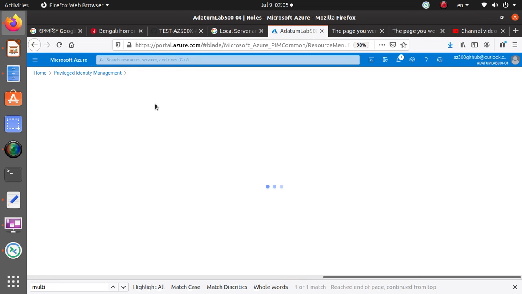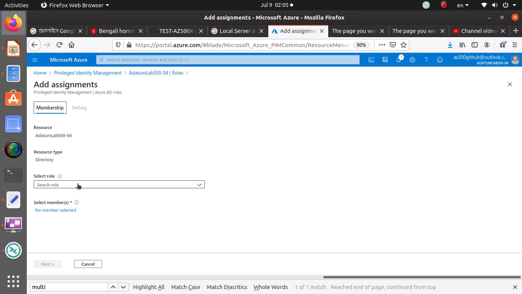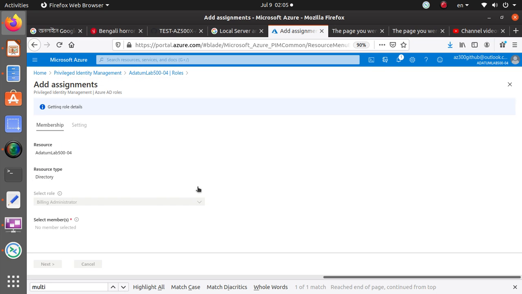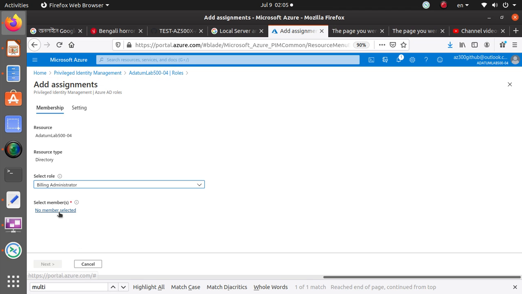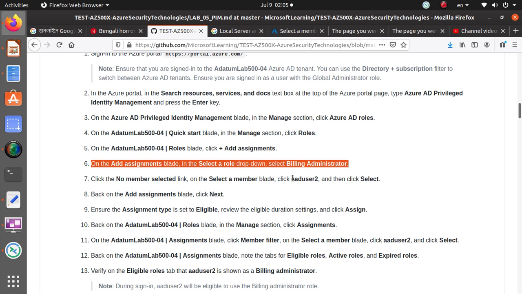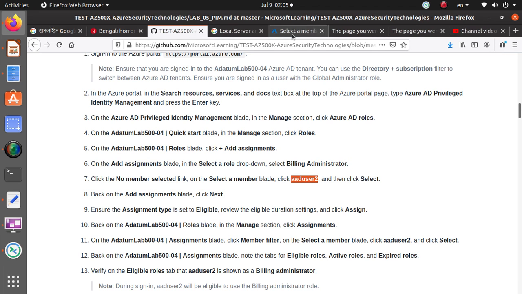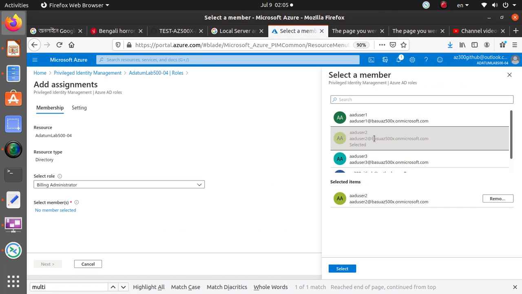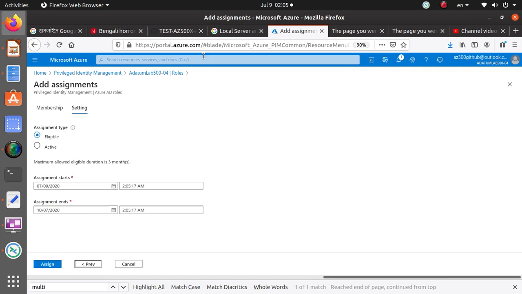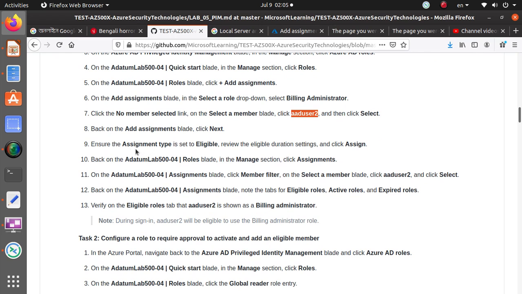So here, click on add assignments, select a role, just the billing administrator here, so I'm just going to click on it. And no member selected. I think we're going to need to select some members. They're saying add user 2, so over here add user 2, just add him, click on select, so that member is selected, hit next. Come over here, assignment type eligible, ensure the assignment type is set to eligible and review the